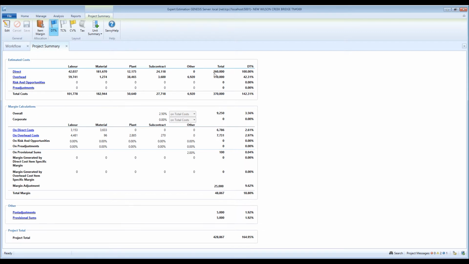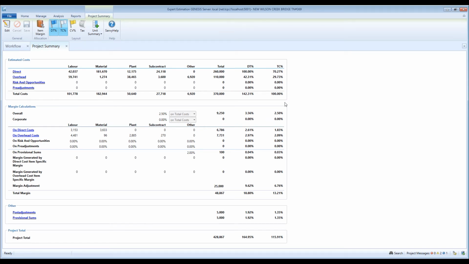The next percentage flag you can display is TC, which stands for total costs. This time the information is compared to the total cost figure. You can see that the total cost line here will always be 100% of the total costs. So this allows you to easily review what the makeup is of the total cost of this project in terms of percentage direct costs and percentage overhead. In our example here, we can see close to a 70-30% split.